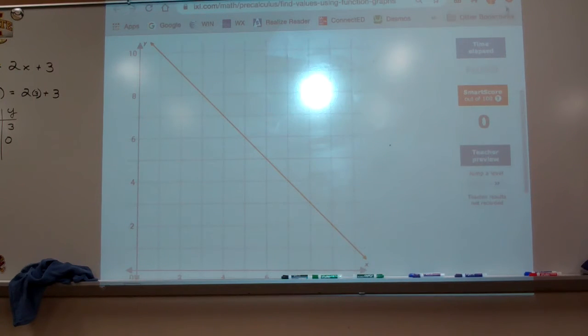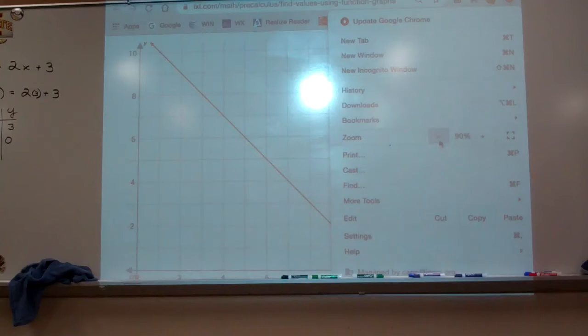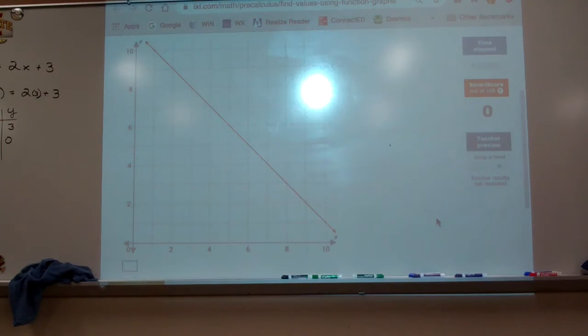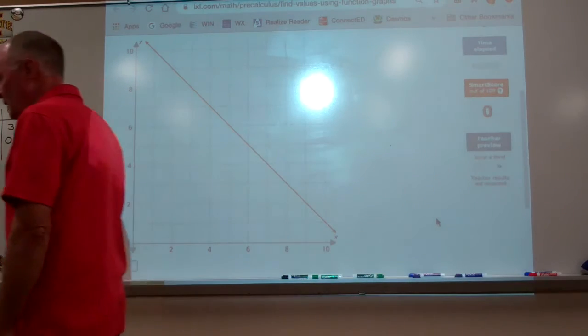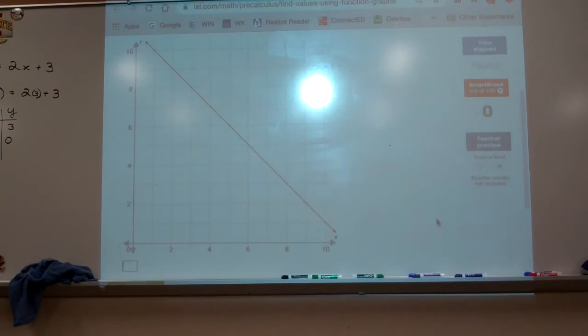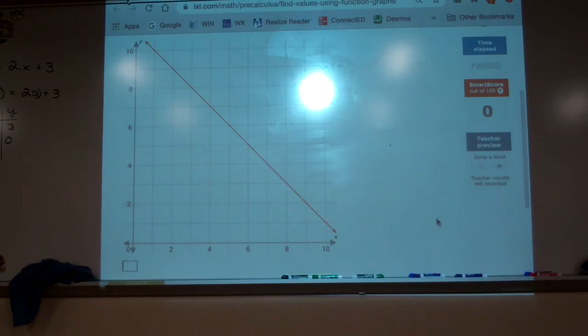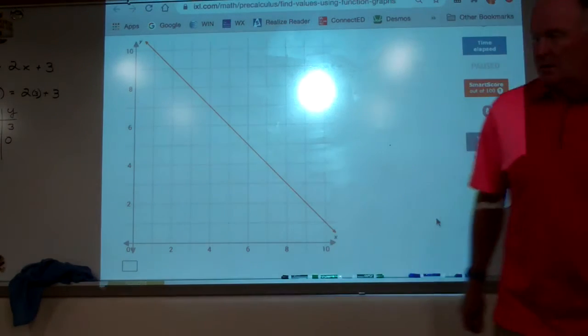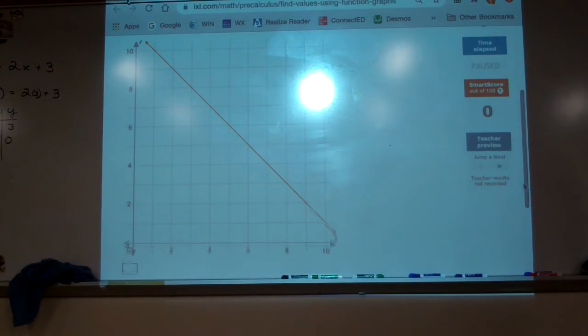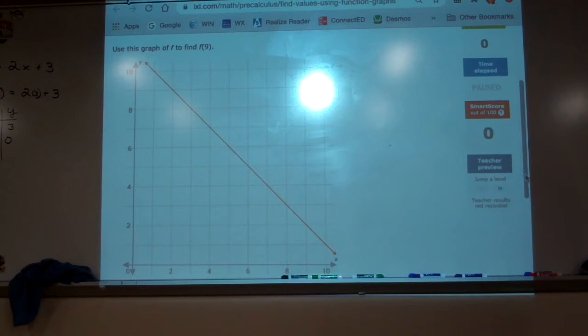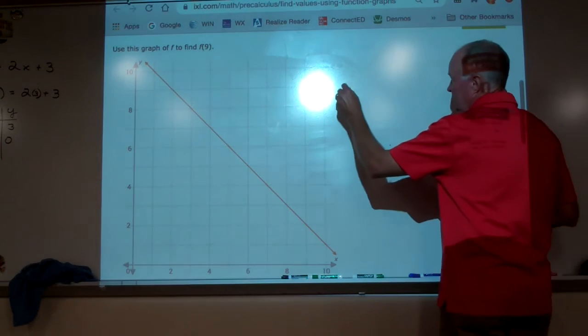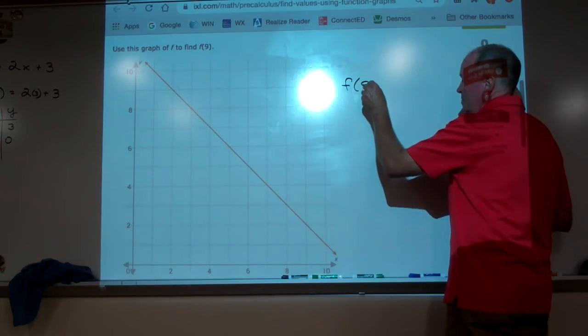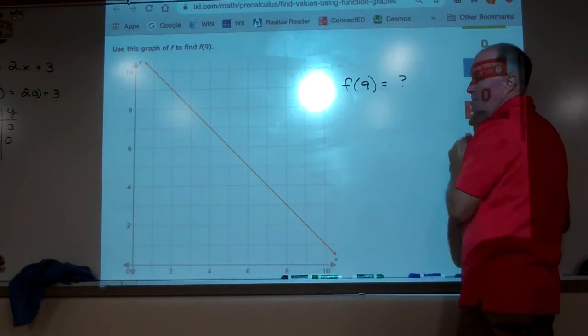I'm going to have to make this a little smaller because that is ginormous. You're going to see graphs. And they're going to ask you one of 2 things, and they're going to use it in the function notation. So this one wants to find f of 9. Okay? Equals a question mark. So that's